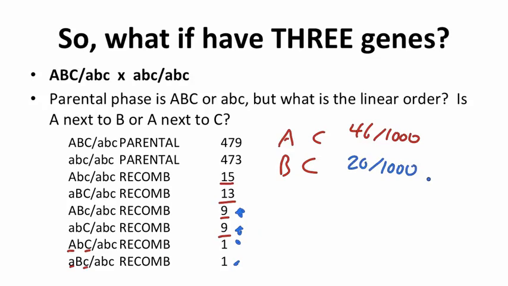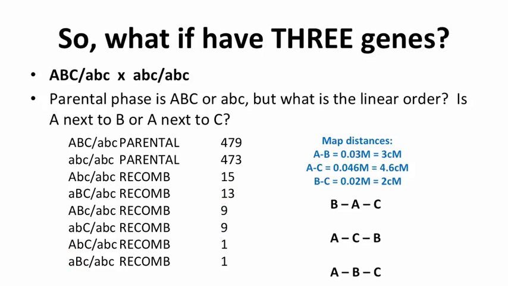So let's put all these numbers together. There we go. So we have between A and B, 3 centimorgans. A and C, we have 4.6 centimorgans. B and C, we have 2 centimorgans. So we can, from this, figure out the linear order of genes, right? What should happen is the distance from one end to the middle plus from the middle to the other end should be about the same